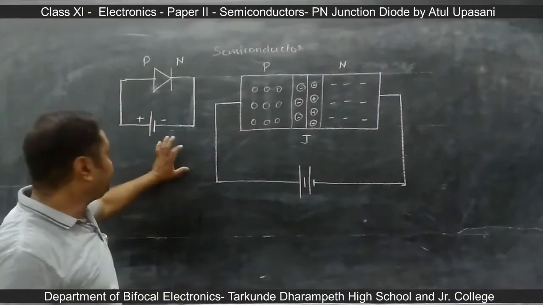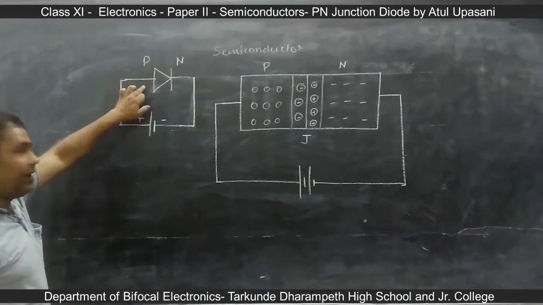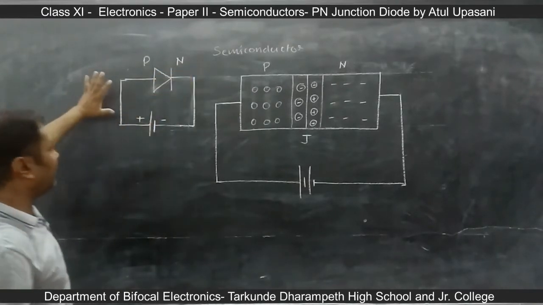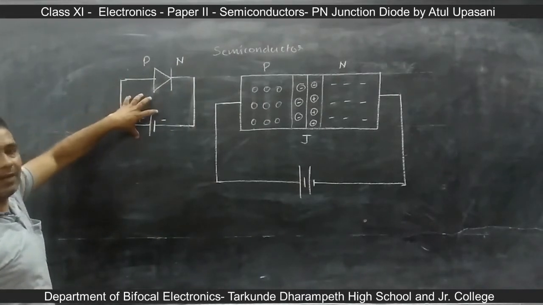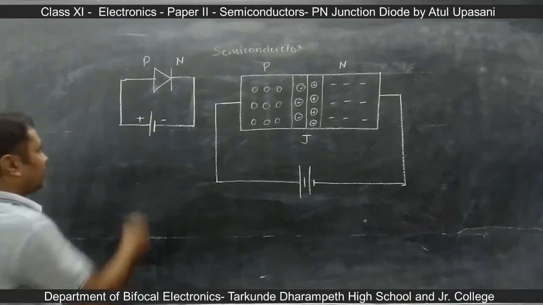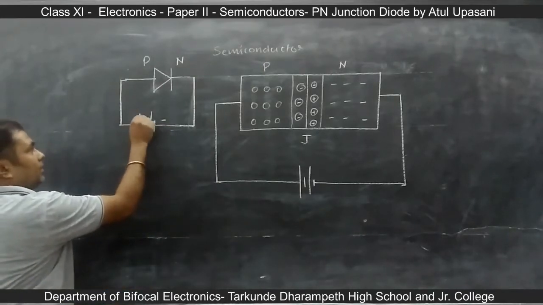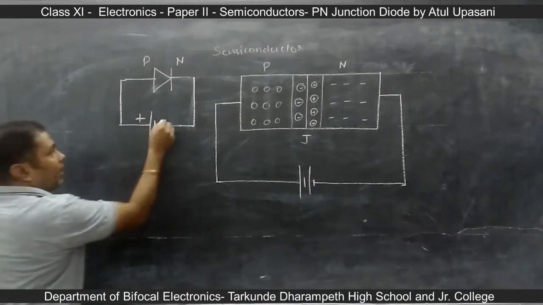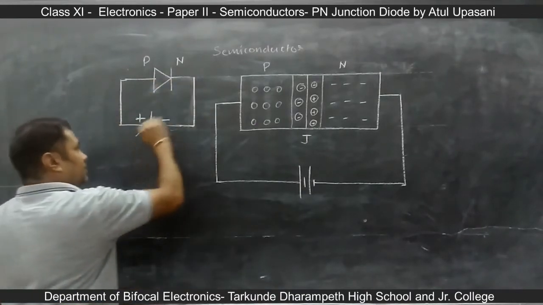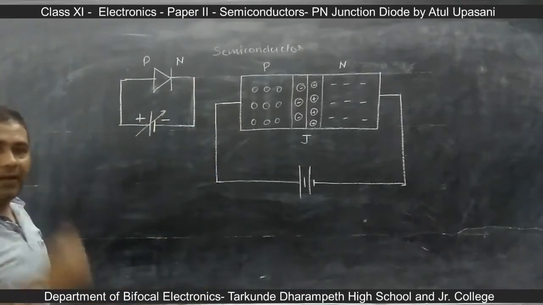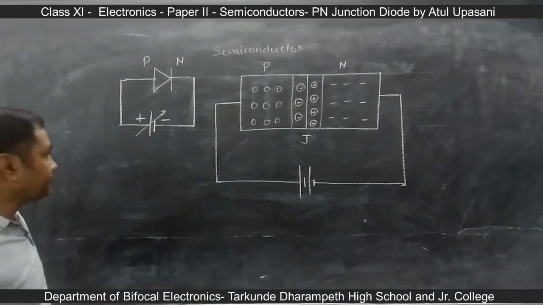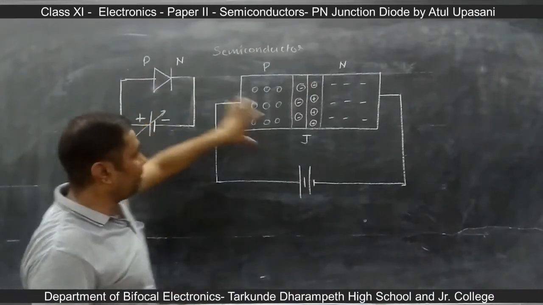Now see the diagram. This is the PN junction diode. This is its P type. This is its N type. Suppose I have connected this device in an electronic circuit consisting of a battery. Suppose the battery's positive terminal is connected to P type, and the negative terminal is connected to N type. And suppose this battery is of variable type, that means we can increase the voltage gradually from 0.